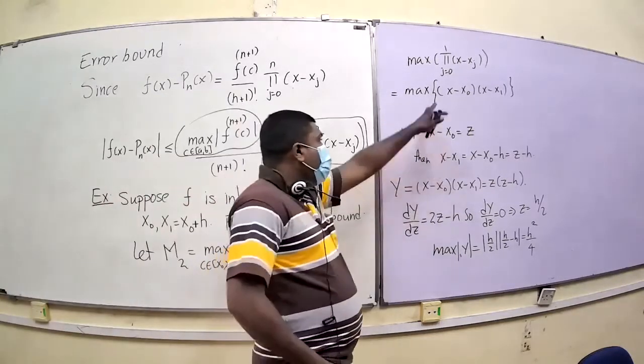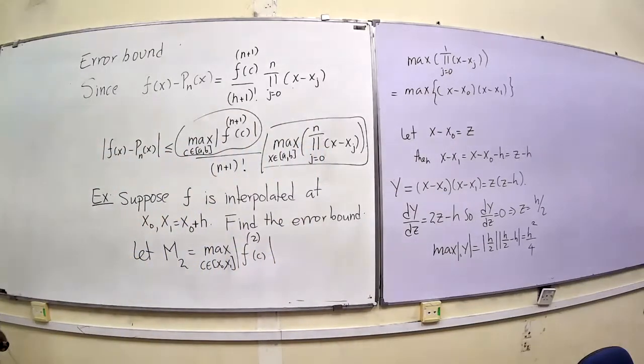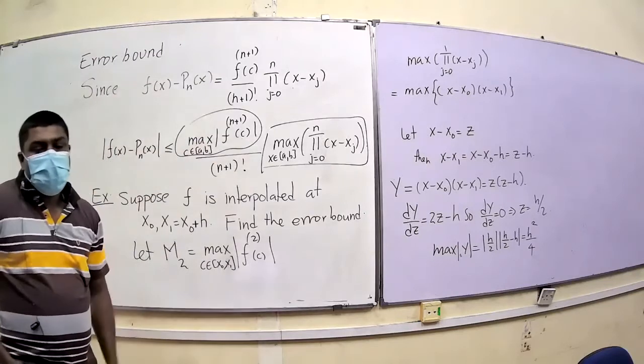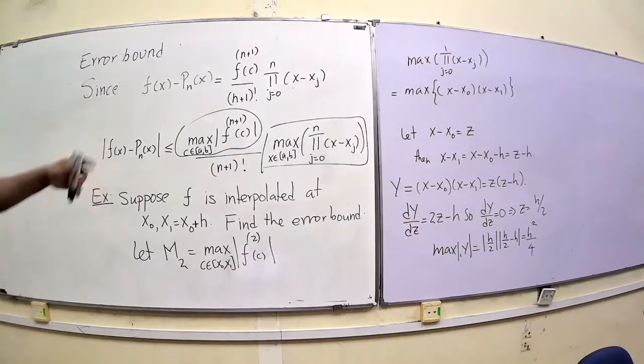And then the endpoints: here you don't need to worry about endpoints, because at the endpoints the function values are 0. When you put x equal to x1, the function is 0. When you put x equal to x0, that one is also 0. So you have to look for only the turning points. Here there will be only one turning point, because you take the derivative, set that equal to 0 and solve. That is the part which we do.